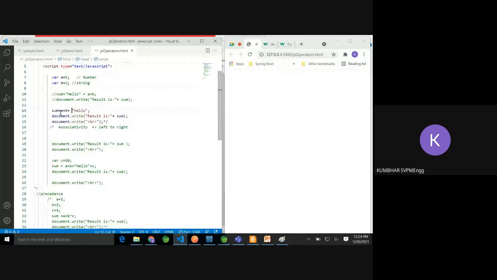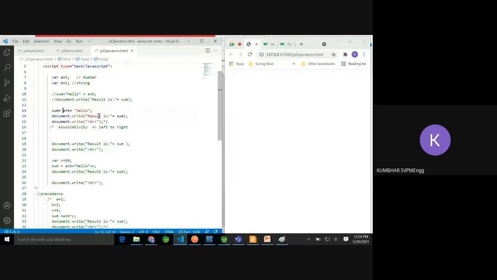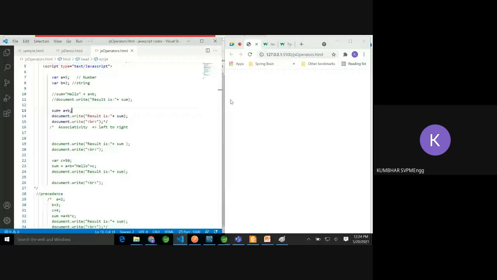We are not getting this output. These are correct. Sum equal to, oh sorry, the comment is getting in the way, let me remove this comment part.